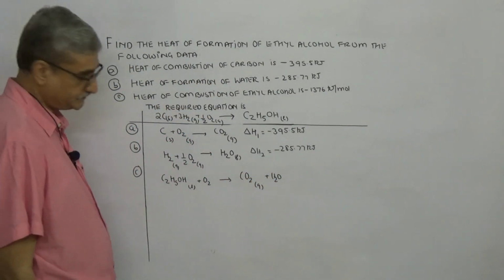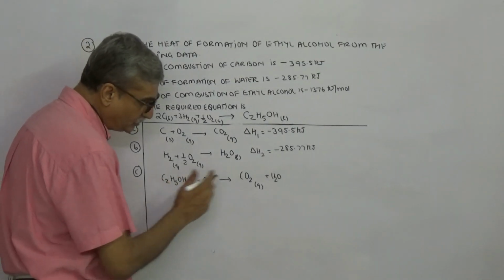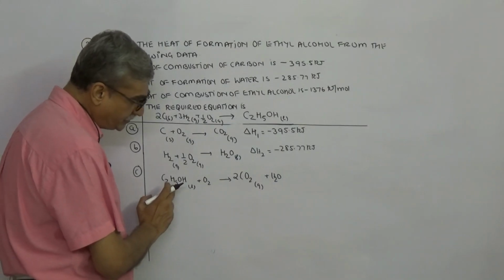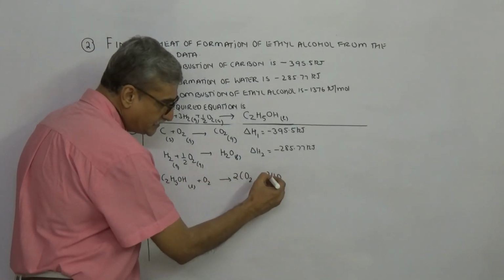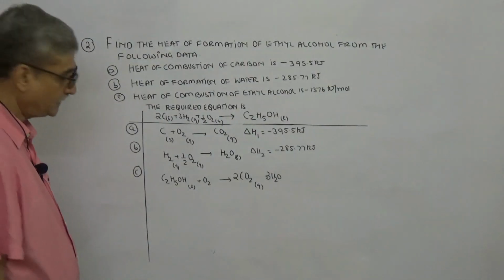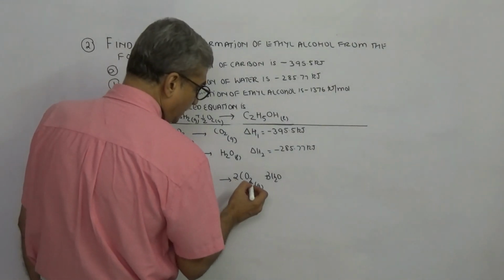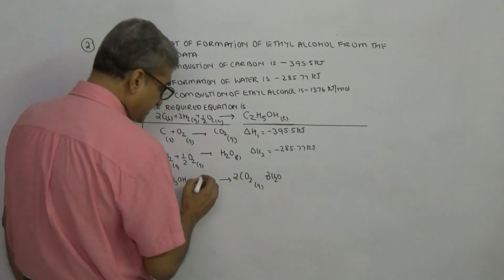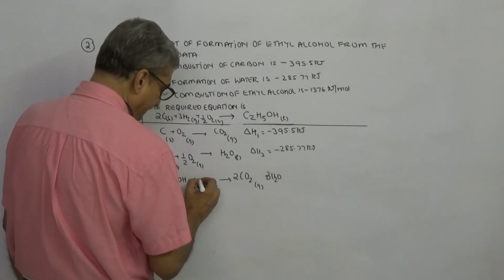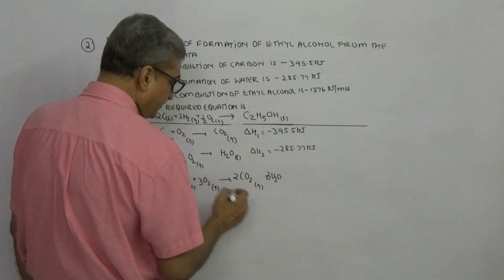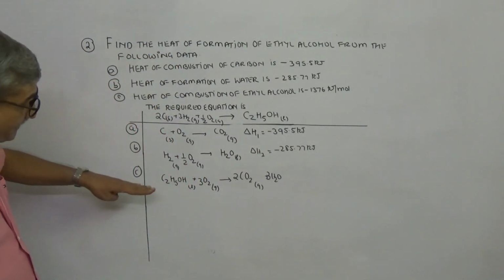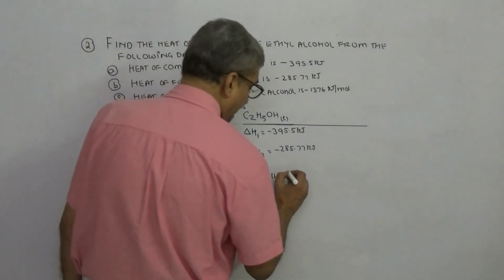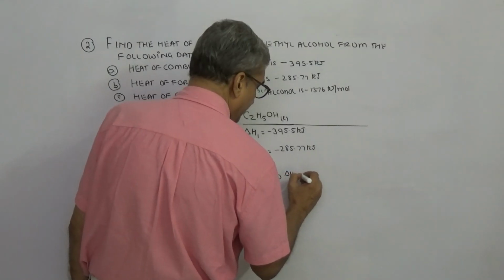Let us balance it. So how many carbon do you have over here? 2. So this is 2 CO2. How many hydrogen you have? 5 plus 1, 6. So this is 3 H2O. So how much oxygen do you require? 2 2s are 4, 4 plus 3, 7. 7, here already there is 1 over here, 6. So you need only 6 O2. So this is 3 O2. So this is the balanced reaction for heat of combustion of ethyl alcohol,